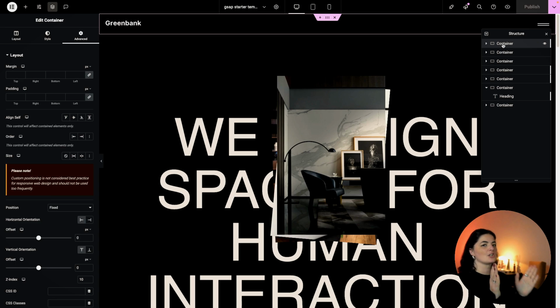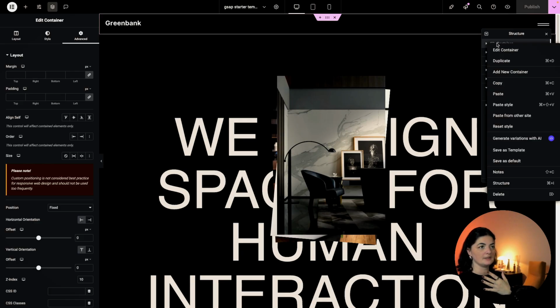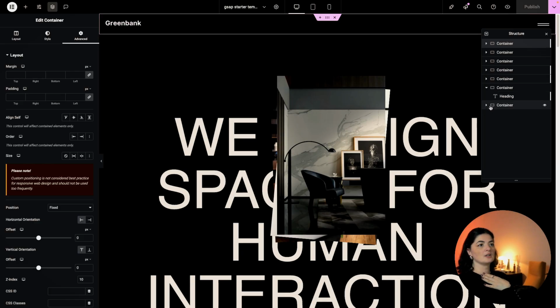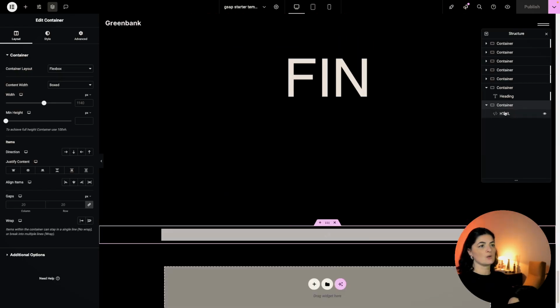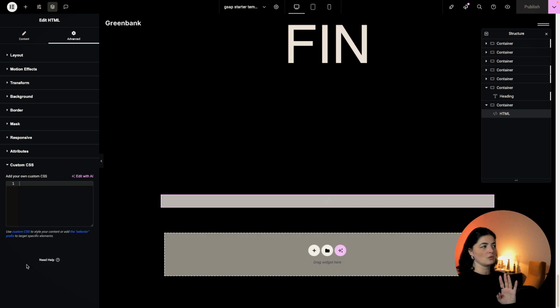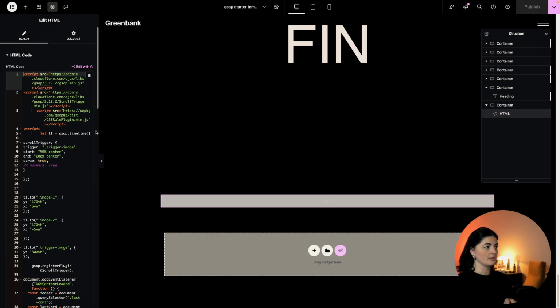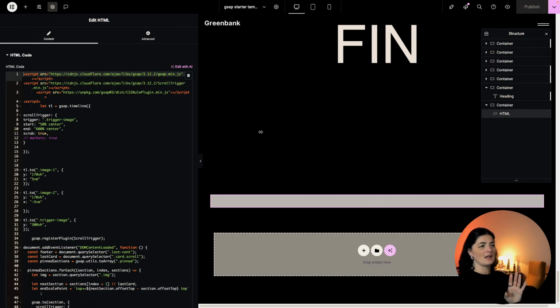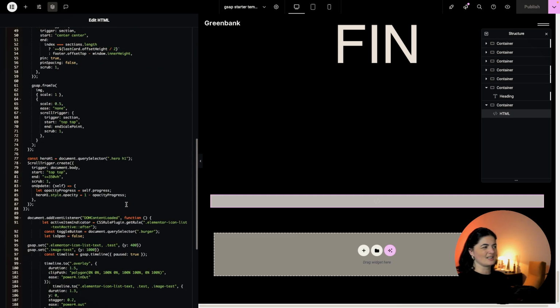And this heading actually should sit in the theme builder in the header, but I just have it here on the page because it's easier for me to download it. But once you have the template, please copy this part, and then go to the container that is holding all our code. I merged all the GSAP codes in here, so we don't have 3-4